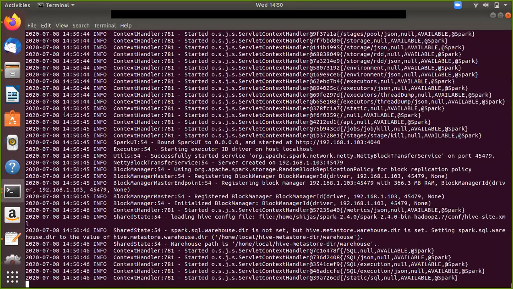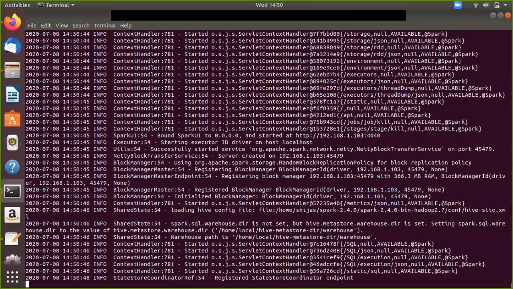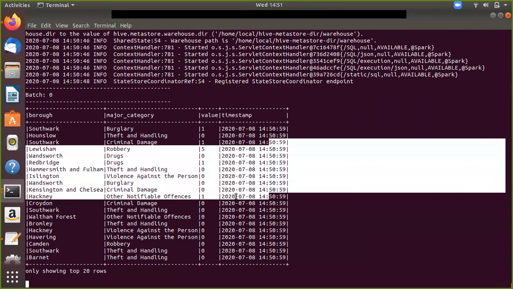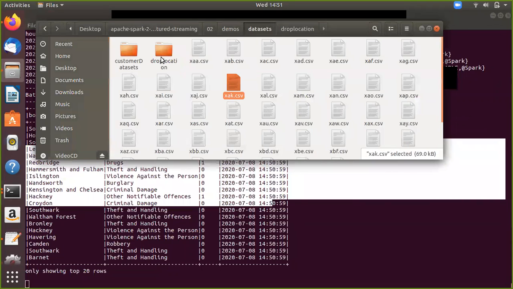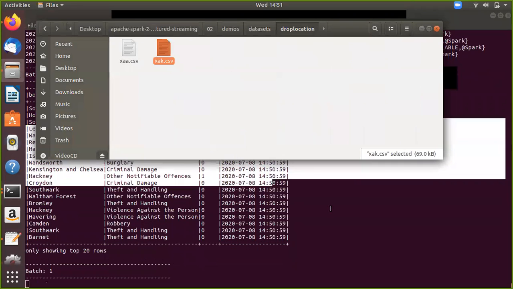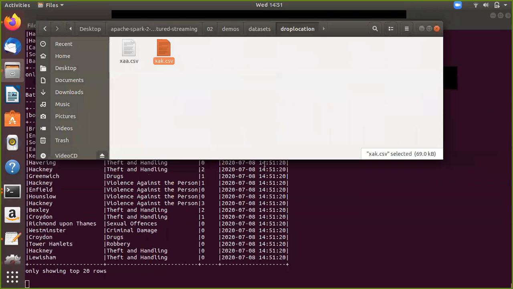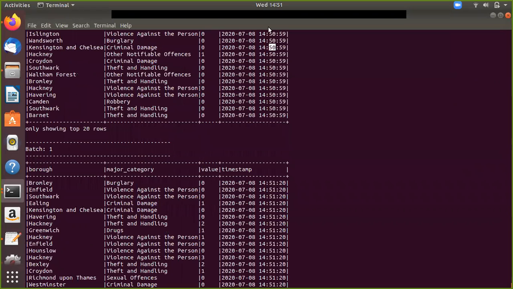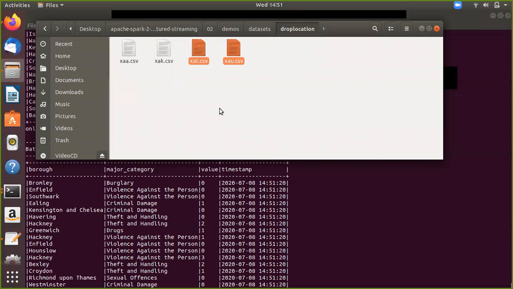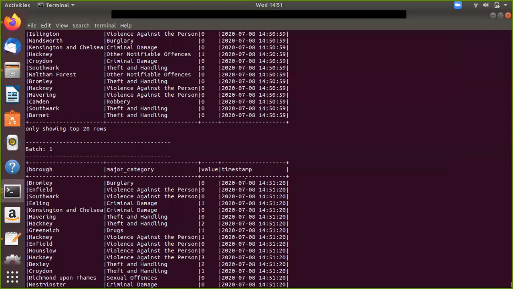I just submitted this program. See, this is the output you are getting: the borrow, major category, value, and timestamp. We'll copy another file here. Next output. See, if the timestamp is 50 here, it is 51 here. We'll copy the next file, take this file here.